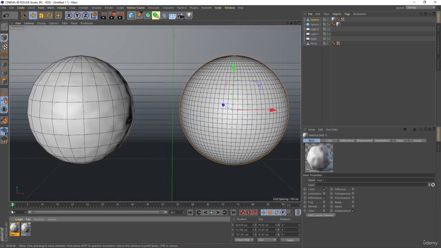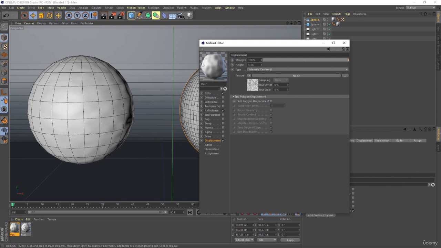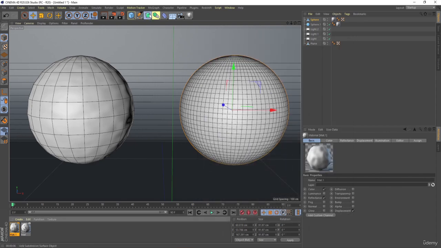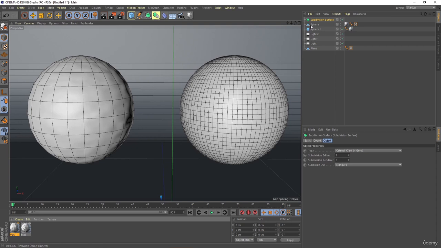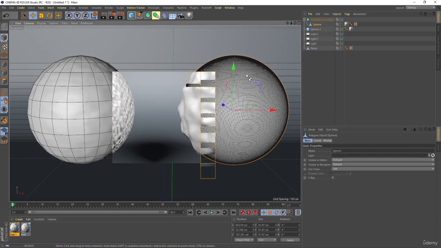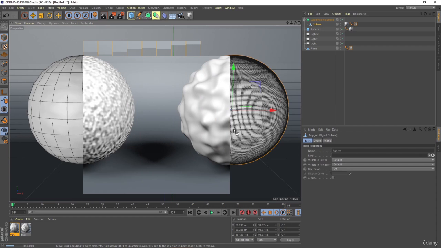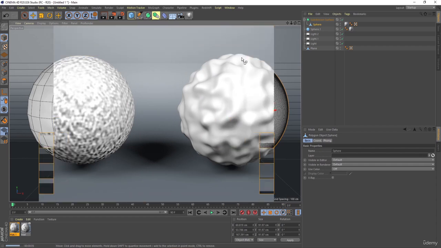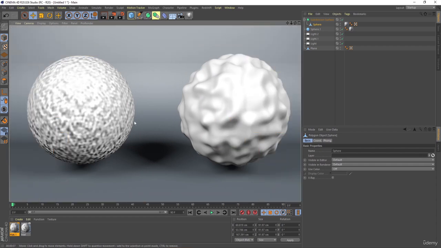Right now we have applied this bump. Even if you see the preview, you will get this distorted shape. And if I enable my subdivision surface and select this and move inside this, and now if I hit Ctrl R, because I have added subdivision surface to that object, we will get this a little bit smoother. So that's the basic difference between bump map and displacement map, where the bump map just creates an illusion